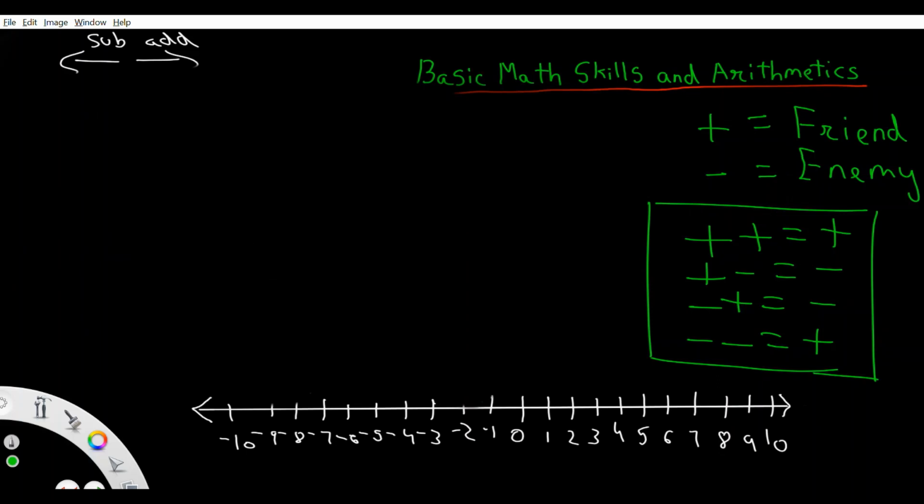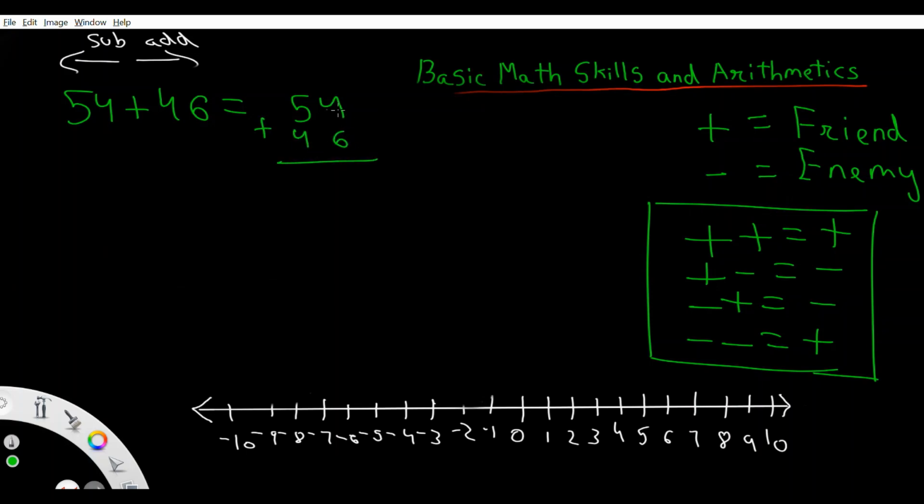So that was some basic one-digit addition and subtraction. But what if you want to do that to larger values? Let's say, for example, if you want to add 54 and 46. It is impractical to do that on a number line. But what you can do is you can write them like this